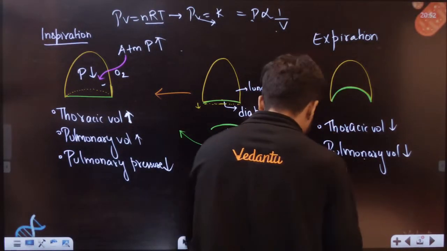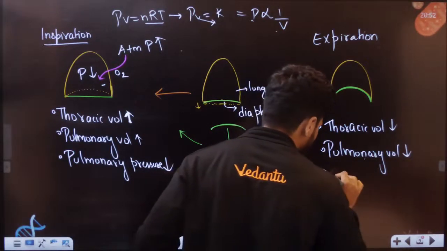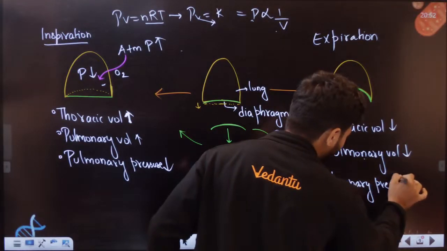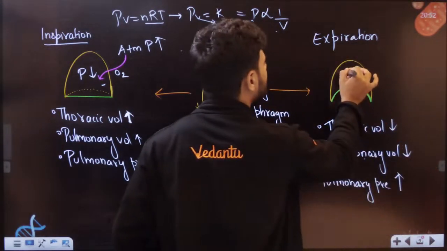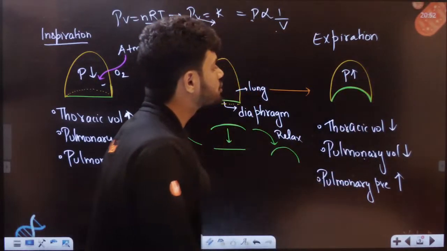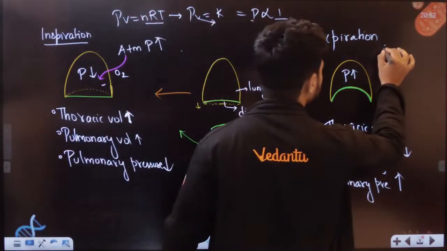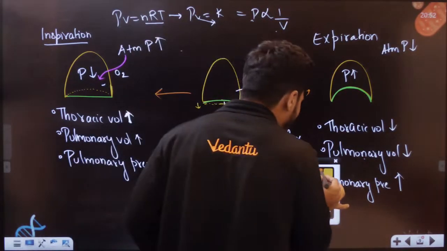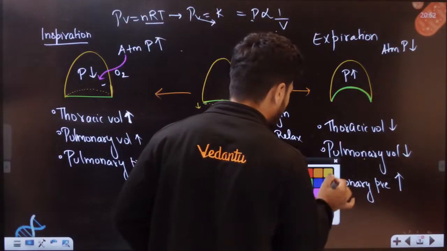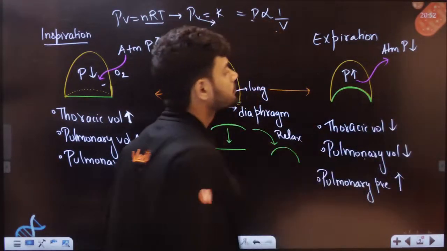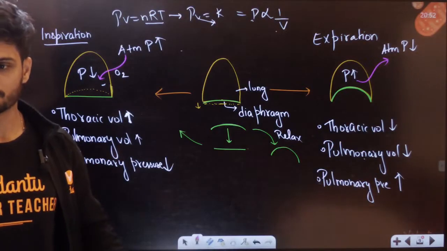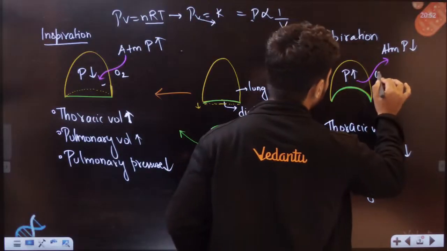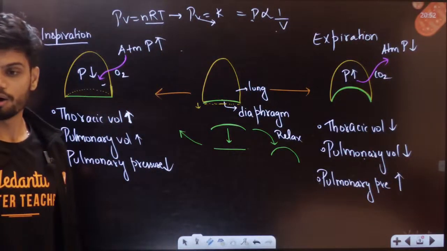Interpulmonary, we also call it intrapulmonary pressure, students. Pulmonary pressure increases. So can I tell the pressure is more inside now? Pressure is more inside the lungs and in the atmosphere, pressure is less right now. So can I tell the gases will always go from high pressure to low pressure? Obvious, students, high pressure to low pressure it goes. So all the CO2 will move outside. All the CO2 will go outside.